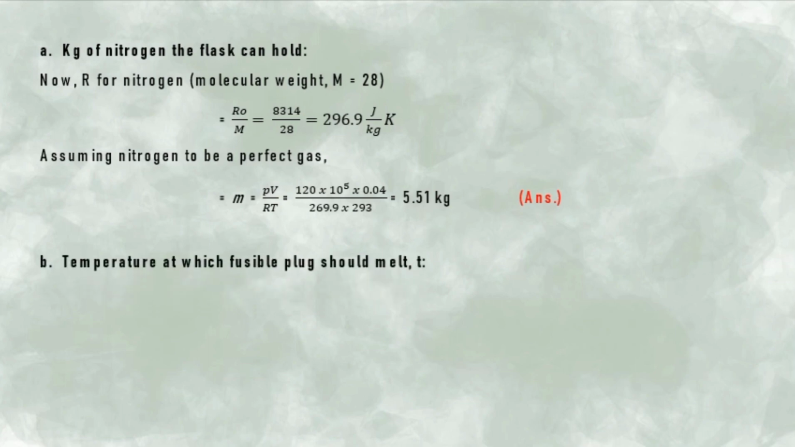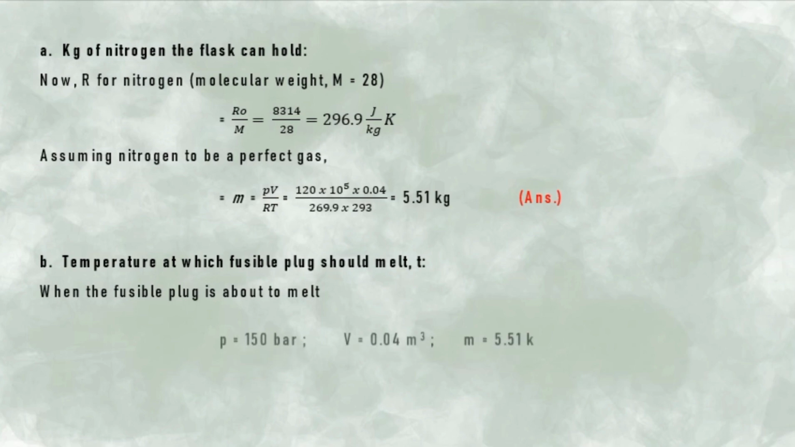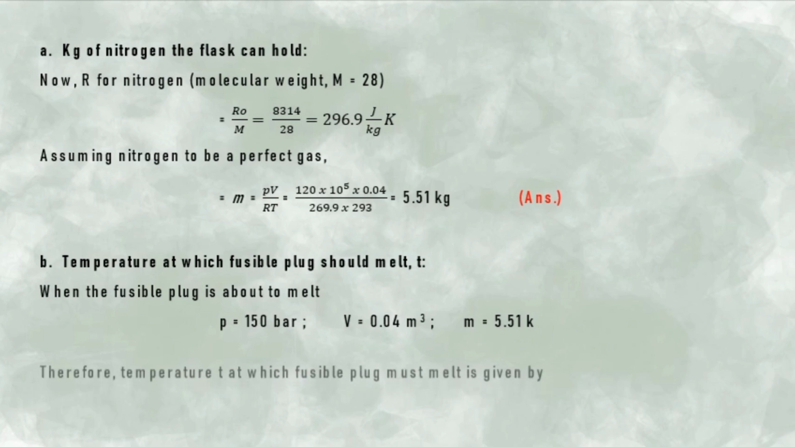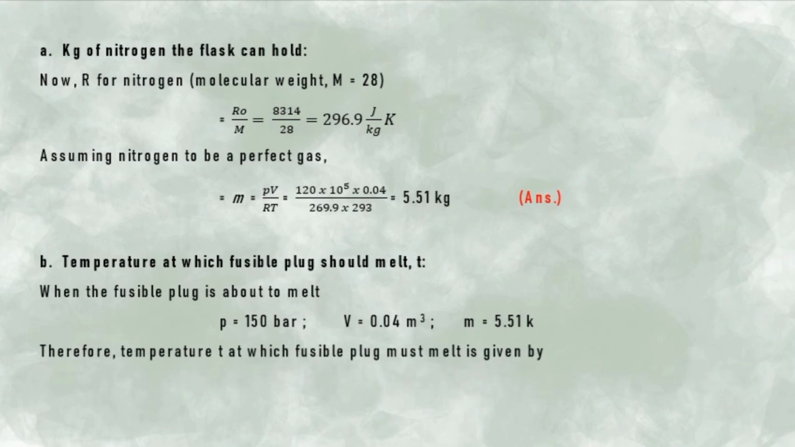And for the temperature at which the fusible plug should melt, when the fusible plug is about to melt, we have pressure 150 bar from the given. We have also the volume 0.04 cubic meter and our mass 5.51 kilogram. Therefore, the temperature T at which the fusible plug must melt is given by